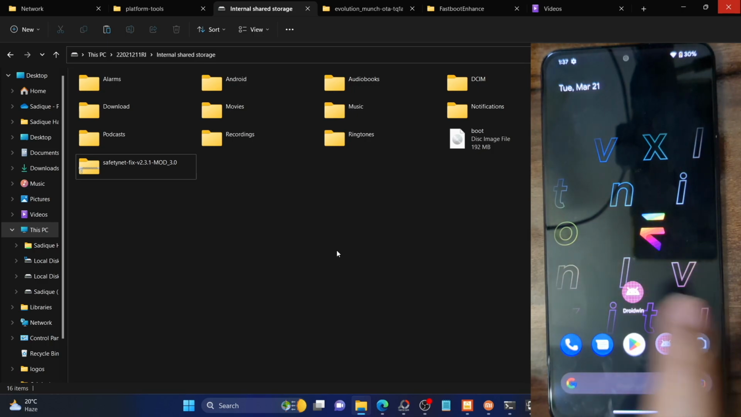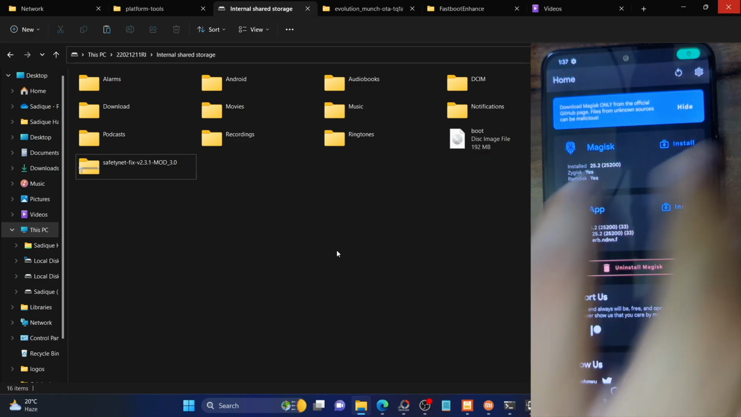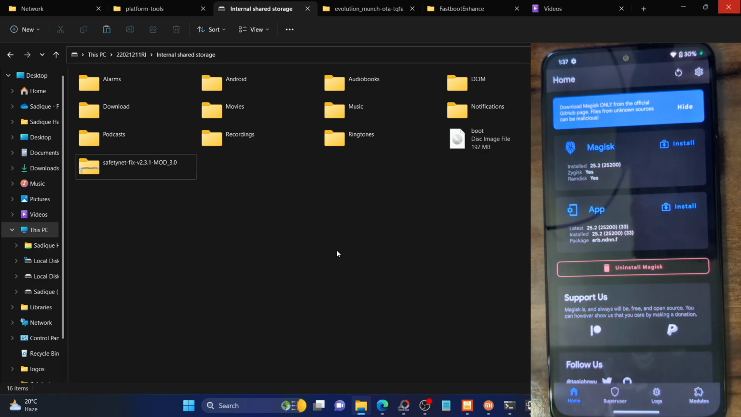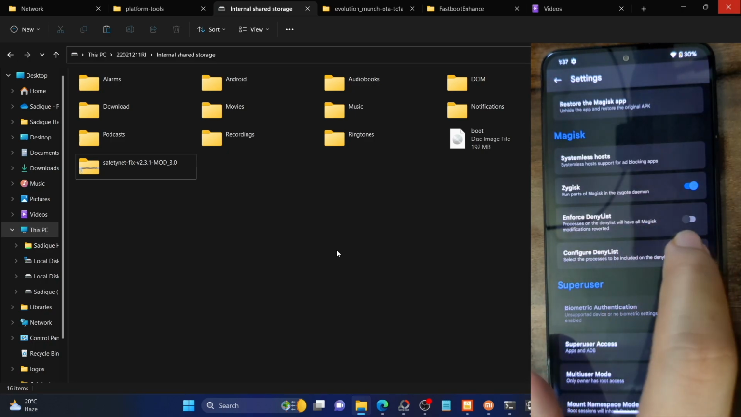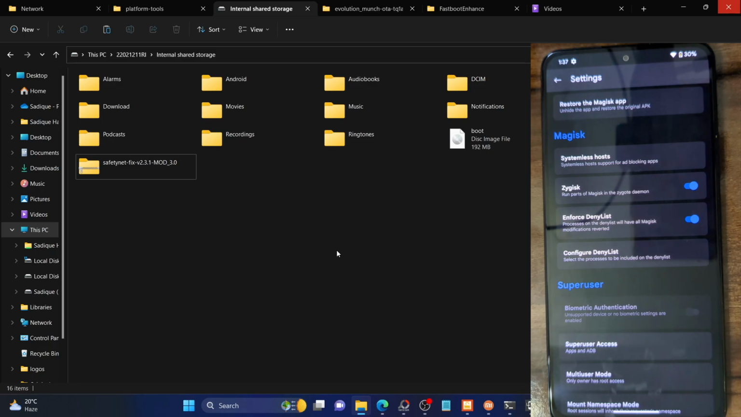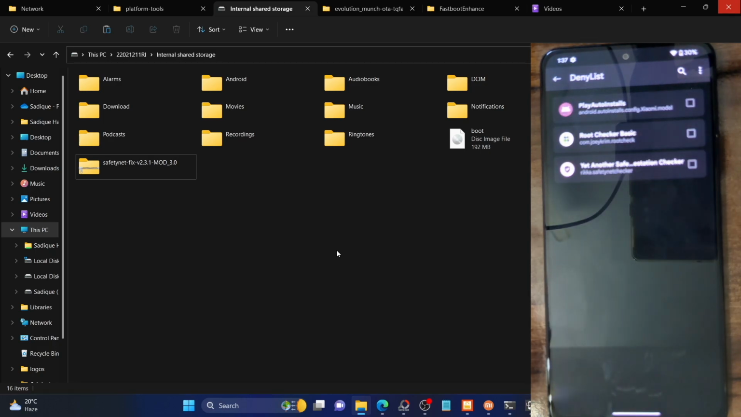So now unlock your phone, launch the Magisk app, and as of now you should see a yes next to Zygisk. So this signifies that Zygisk has now been enabled. So again go to the settings menu. Now enable the toggle next to enforce deny list. Once that is done, go to configure deny list, and now you'll have to hide root from a couple of